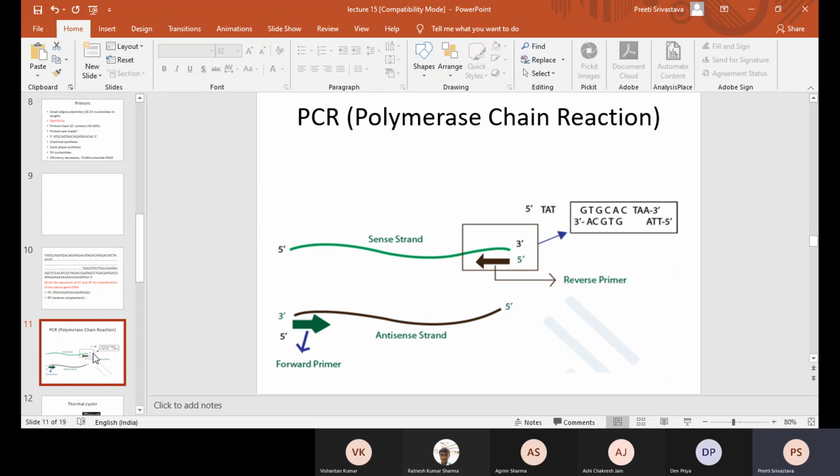Yes, ma'am. It follows the path of earlier strand in that direction. Okay, I didn't understand. What are you trying to say? Again. Ma'am, I mean on the strand on which replication is happening, it is working from the 3 prime end to 5 prime end. Right. Yes, because it's extending the chain, right?